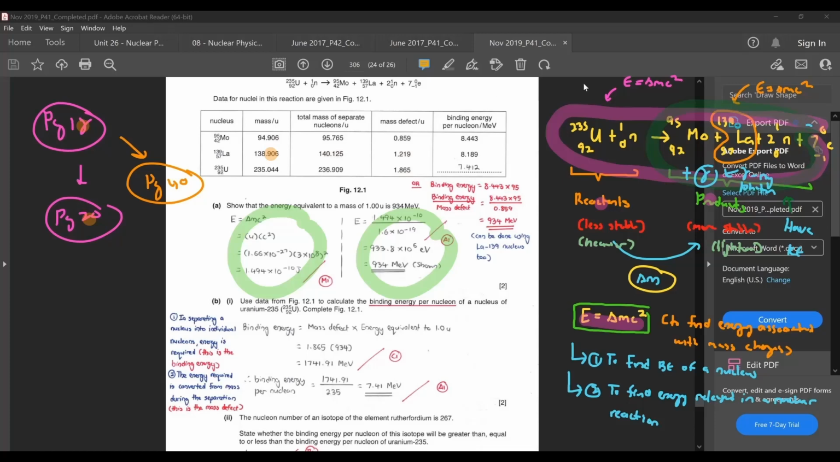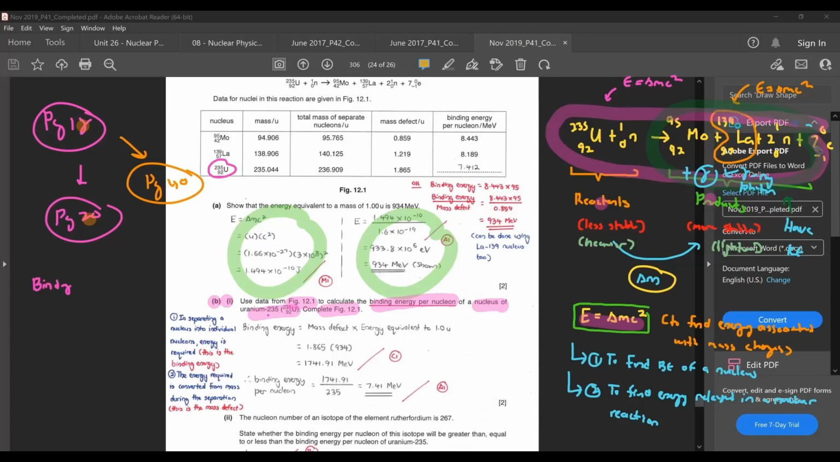Now then from here, if you look at B1, use the data from figure 12.1 to calculate the binding energy per nucleon of a nucleus of uranium-235, and then complete figure 12.1. Okay, here they want you to find the binding energy per nucleon of uranium-235. Okay, so uranium-235 is this thing here. So in your case, if you wanted to find the binding energy per nucleon, one of the things I did mention to you is that